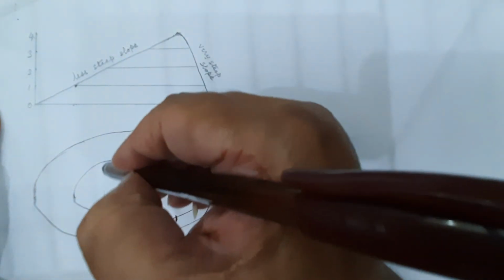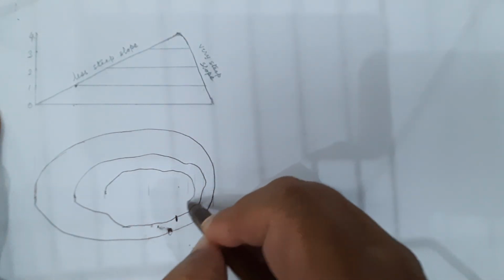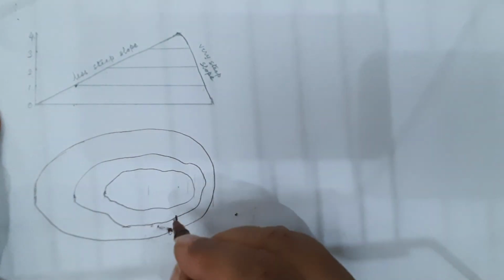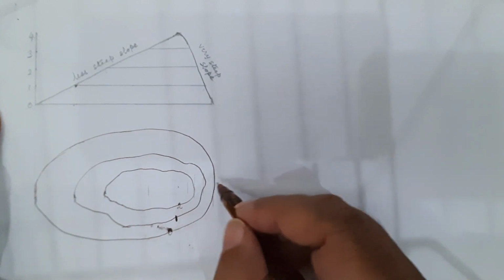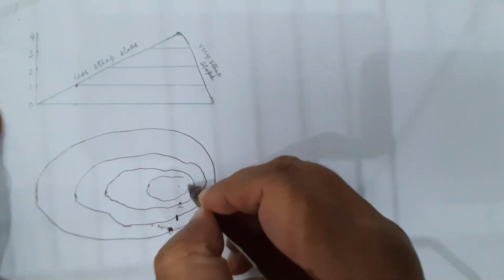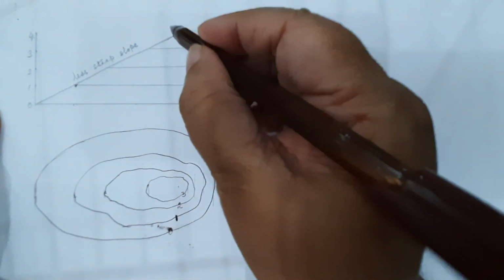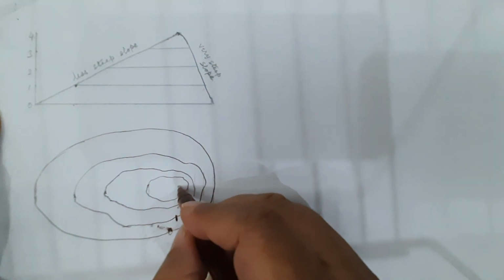So that was 0, then this is 1, then again we come to the height of 2 and we draw the next contour line which is of 2, then we draw the next one which is from here to here, and the next one is 3, and then the next which is again the peak over here, which was going to be 4.